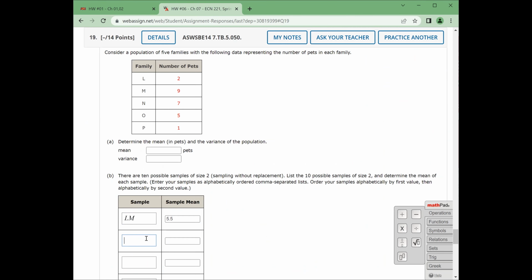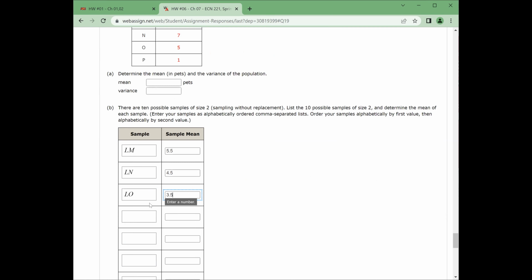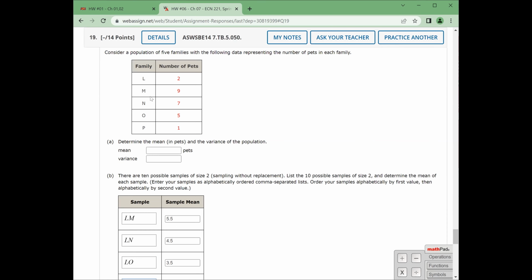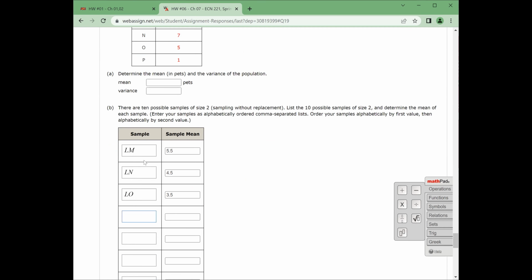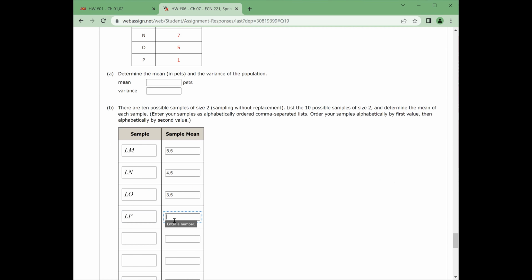And then it's L and N. Okay. And that's 2 and 7. That's 4.5 average. Then it's L and O. That's 2 and 5, which is 7, 3.5 average. And then we keep going here. So we've got L and P, and that's 2 and 1. So that's 1.5. And so we continue